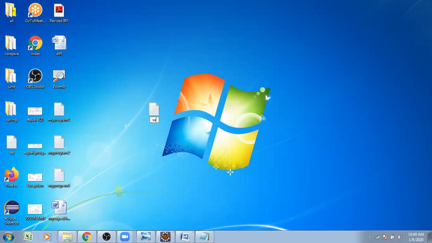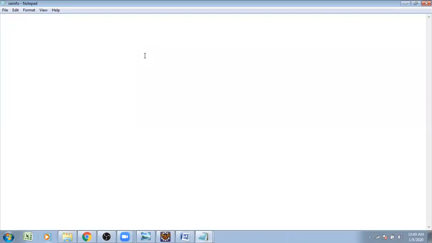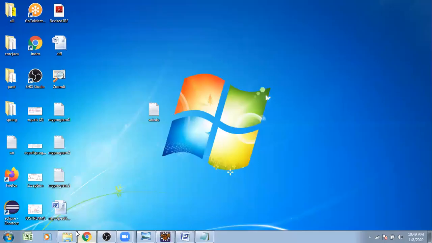I am going to create the sai info file, and in this file I want to store some information: welcome to Java application, done by Sai. Suppose I created this application. So I created one file and stored some information in it.